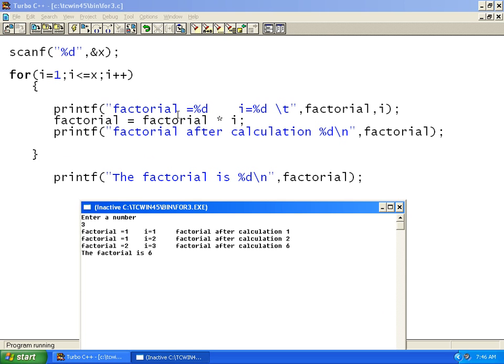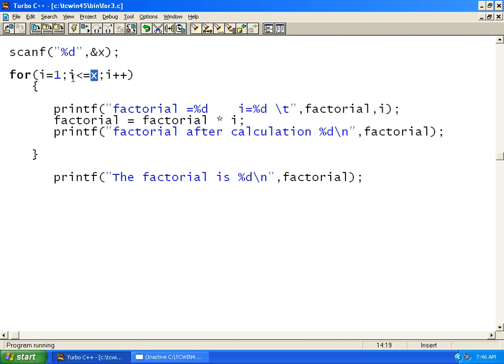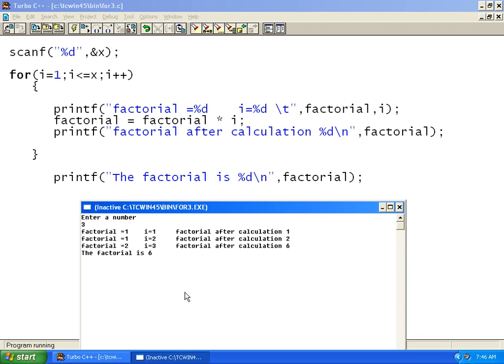So now, before calculation, factorial is 1, I is 2. After calculation, it becomes 1 into 2, 2. Then again, factorial is 2 now, and I increments to 3 in the third iteration of the loop. Now 3 2s are 6, so it's 6, and I becomes 4. 4 less than or equal to 3 fails because we have entered n as 3. It comes out of the loop and it prints the factorial